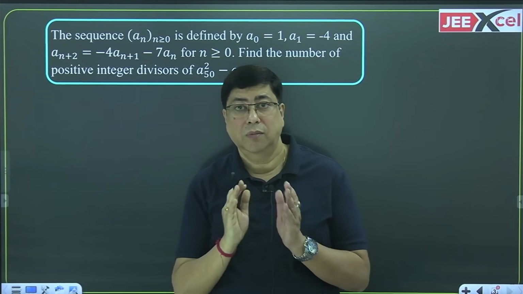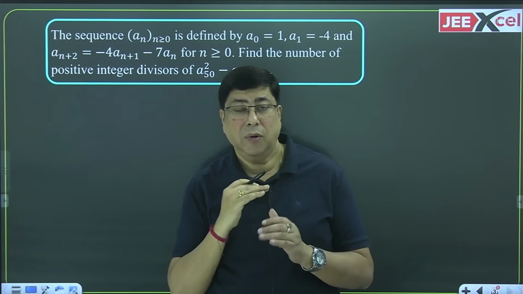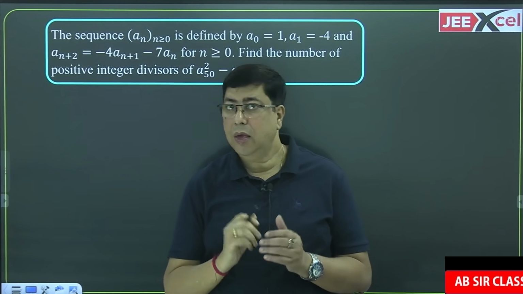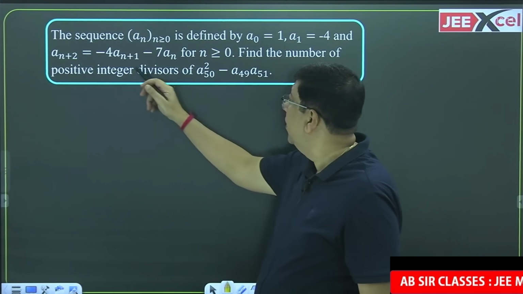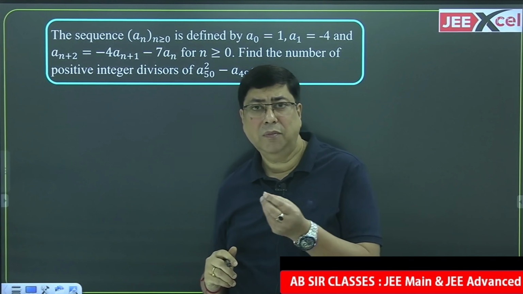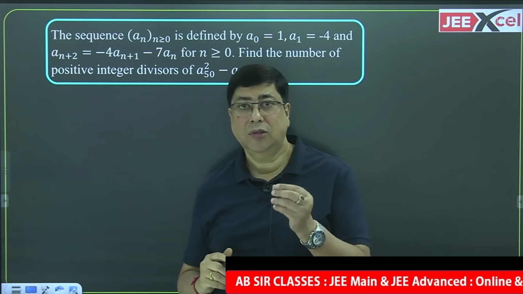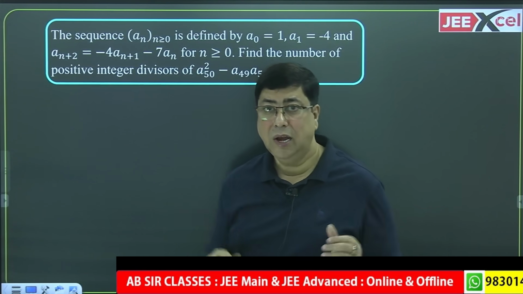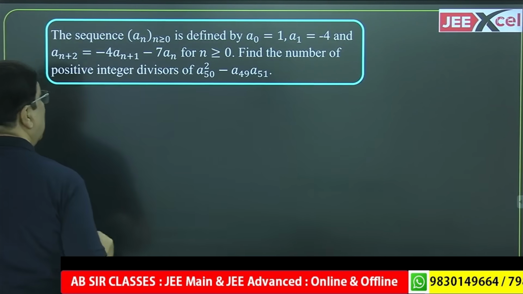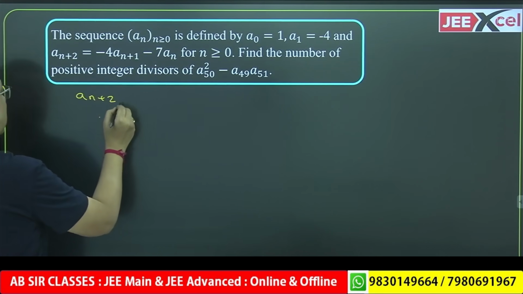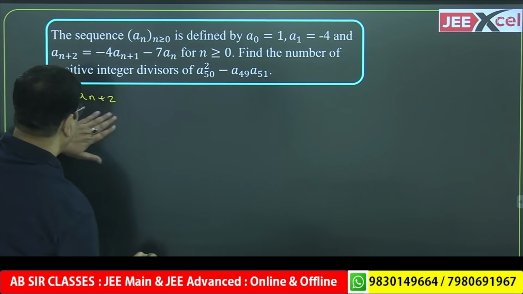So how to solve the sum? Whenever we see a sum, you have to make a habit of deciding exactly what you have to do. In this case, first we'll get some terms. a0 is given, a1 is given, so we'll try to get 2-3 more terms, a2, a3, a4. After that, we'll see what can be done, and then we'll generalize. So first of all, in this case, a_(n+2)